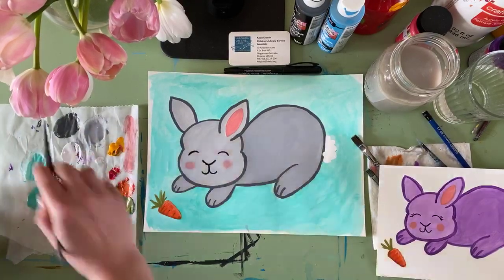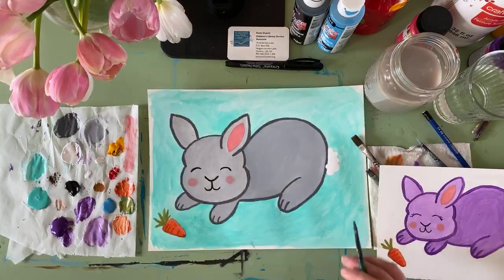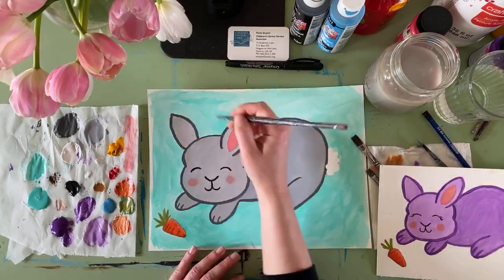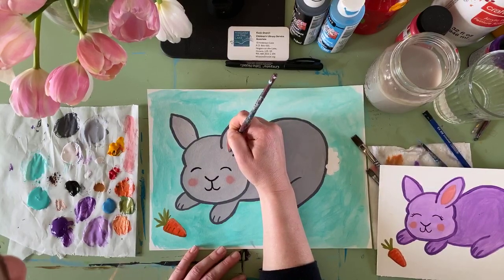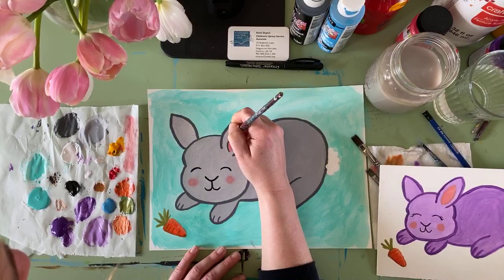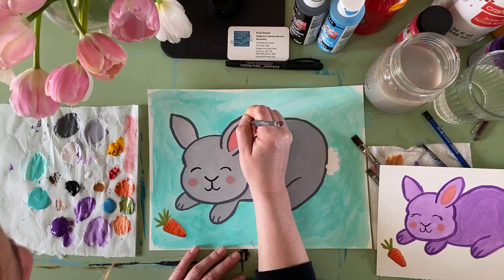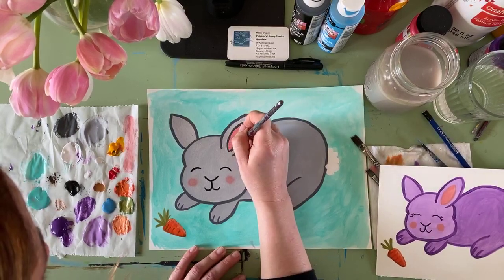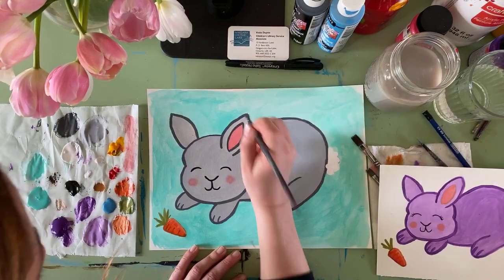So I have some gray here. And I'm going to start with my ear first because I'm right-handed, and if I do this and then work my way across, I might smudge it. So I'm just going to go like this, like so, and work my way down like that. Okay,